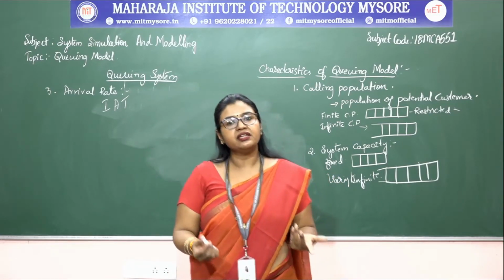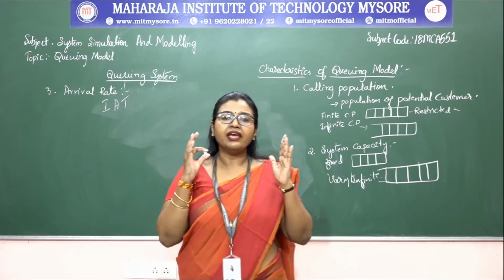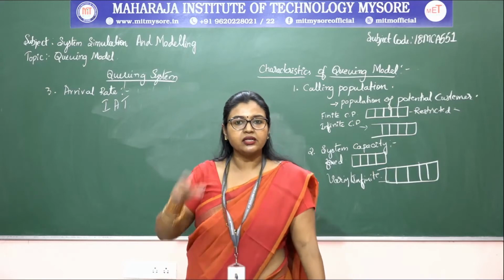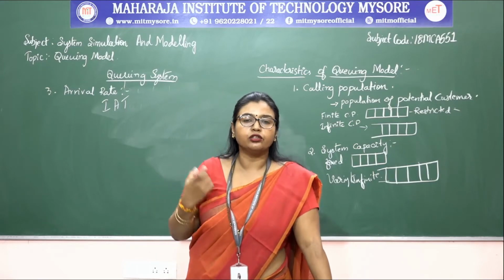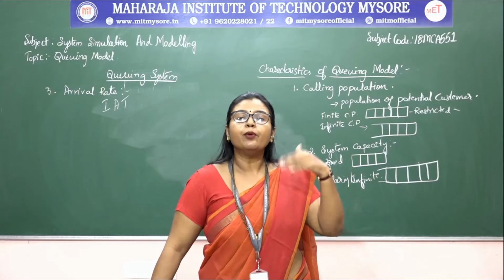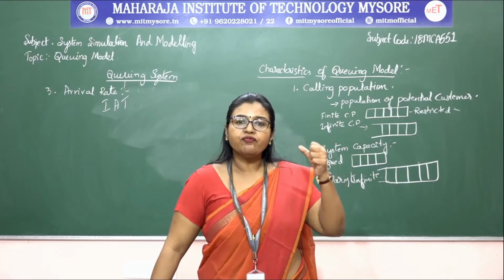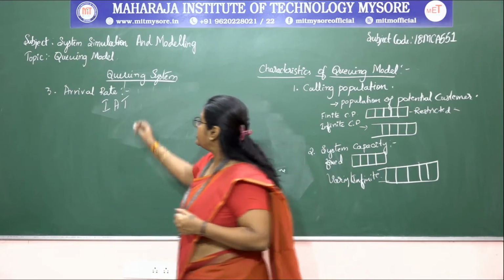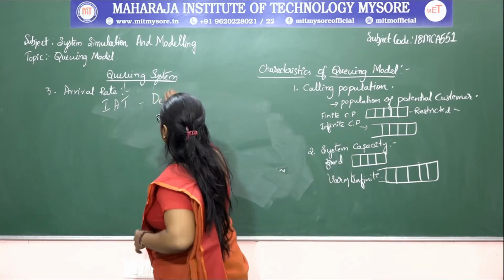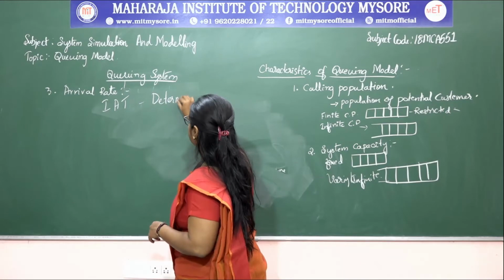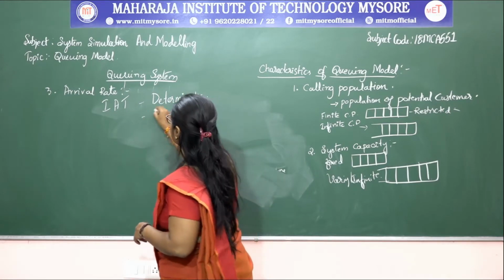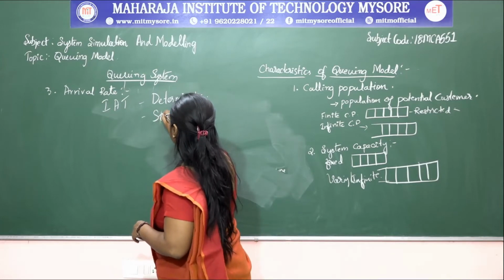That is deterministic in the sense already we have scheduled one. So that is, say for example in the doctor's clinic, so that is the giving the appointments for those patients. Depending upon the services, they are going to fix up the service for that particular patient. So that is the deterministic one. And then we have a stochastic also.